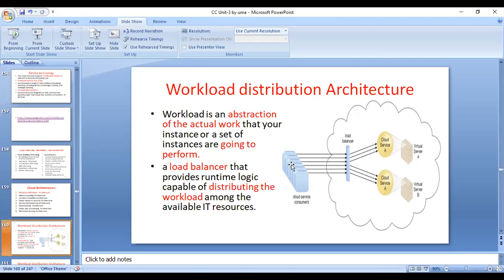Let us assume a consumer is someone who uses the cloud, and a provider is someone who provides the cloud. For example, AWS is a provider. A consumer is someone who stores data in the cloud and processes data from the cloud. The consumers may be organizations like that. Here the load balancer distributes the